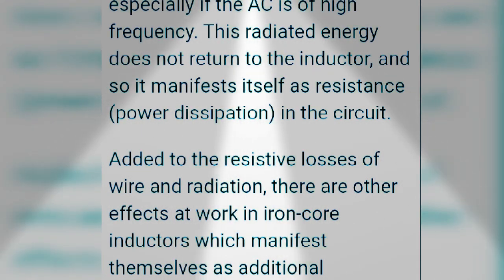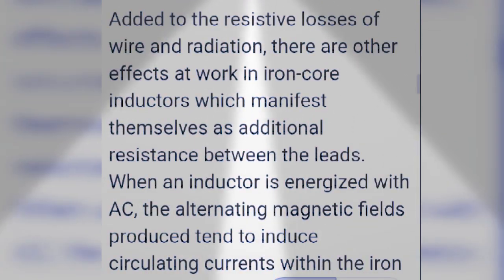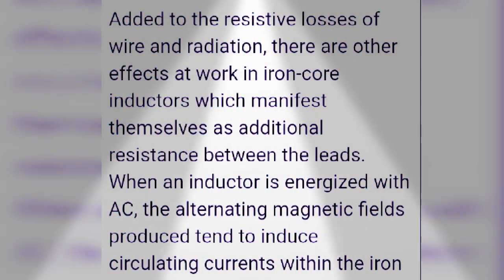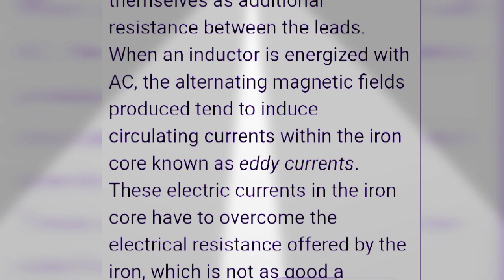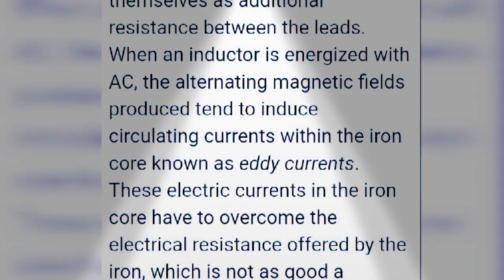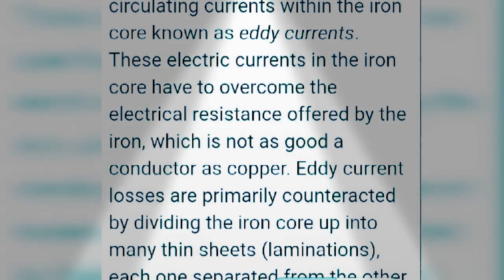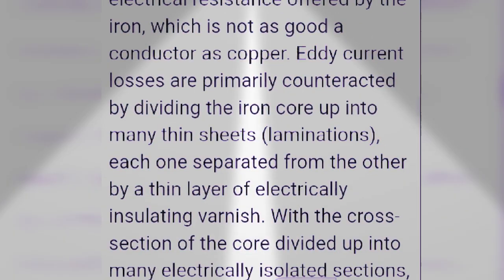These manifest themselves as additional resistance between the leads when the inductor is energized with AC. The alternating magnetic field produced tends to induce circulating currents within the iron core, known as eddy currents. These electric currents in the iron core have to overcome the electrical resistance offered by the iron, which is not as good a conductor as copper. Eddy current losses are primarily reduced by dividing the iron core up into many thin sheets, called laminations, each separated from the others by a thin layer of